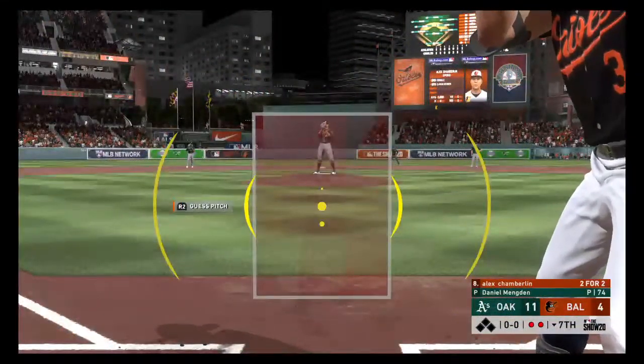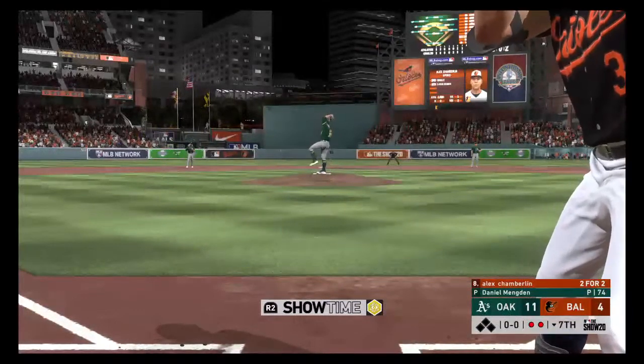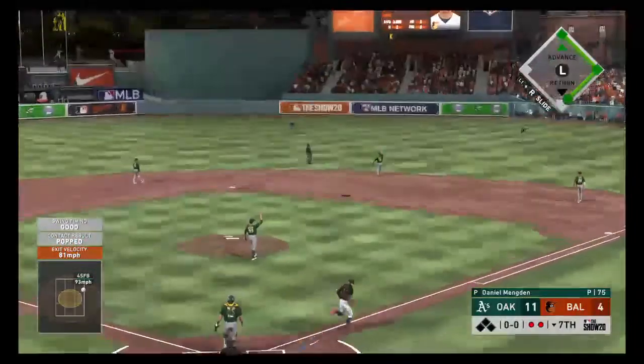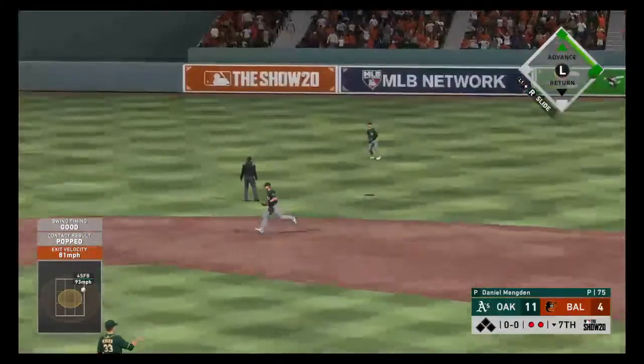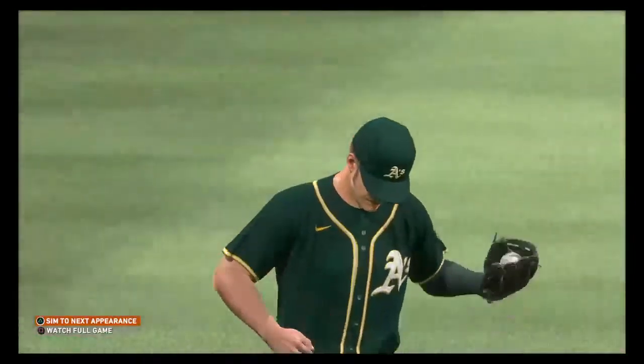Ready to take his hacks again, Alex Chamberlain, as he'll look to follow up the 2-run homer he launched over the wall last time up. And that last at-bat when he went deep, he turned around a pretty good fastball, so I'm kind of thinking this guy's a good fastball hitter. And we'll have to leave it there as the play is made here to...